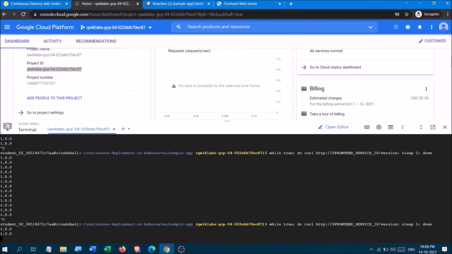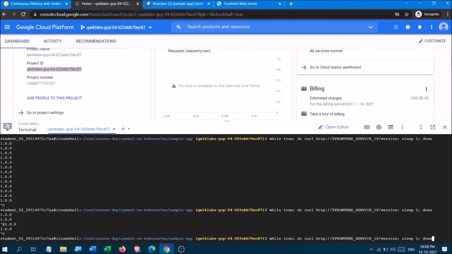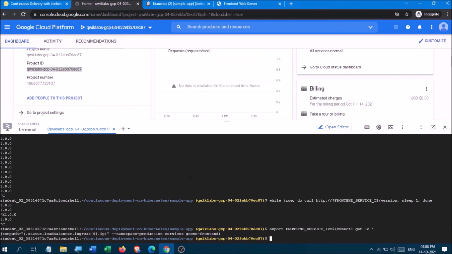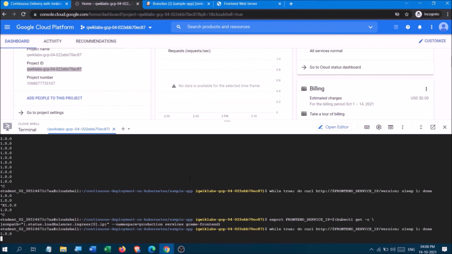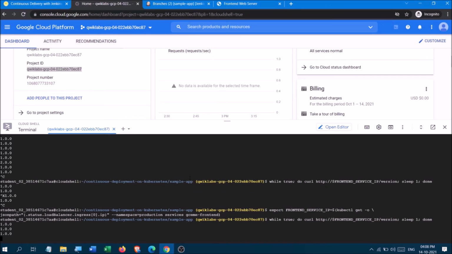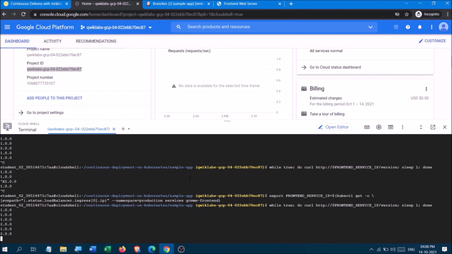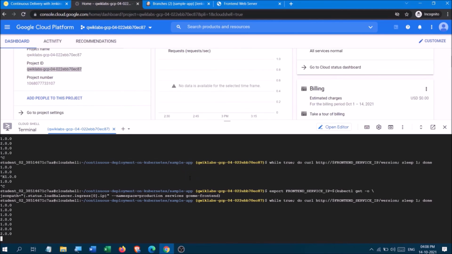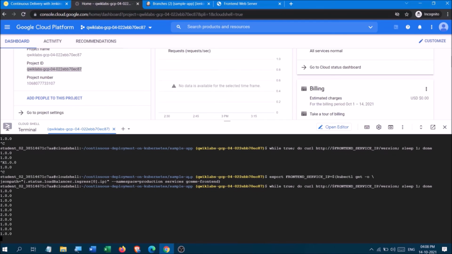So we copy this and look at it. Yes, it is getting served, but half of them are 1 and half of them are 2.